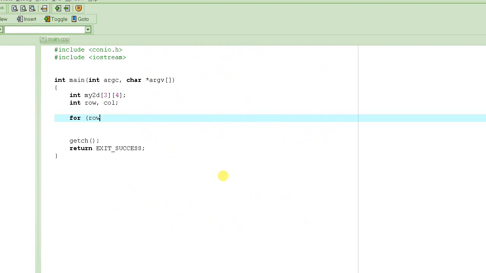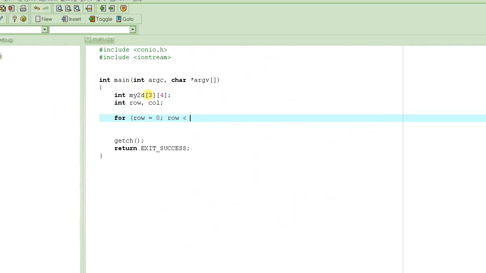So for row is equal to 0, row is less than, how many rows do we have? 3. So less than 3. In other words, the value of row would be 0, 1, and 2. Less than 3, not equal to 3. So row will never be 3. Okay. So row plus plus,